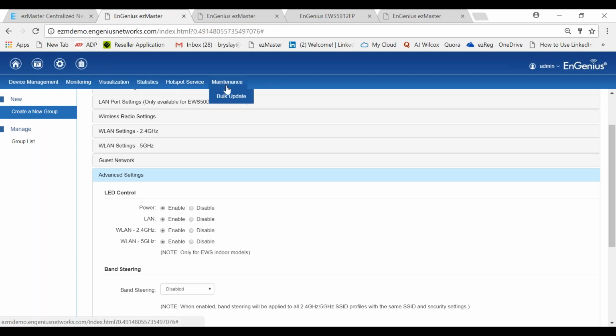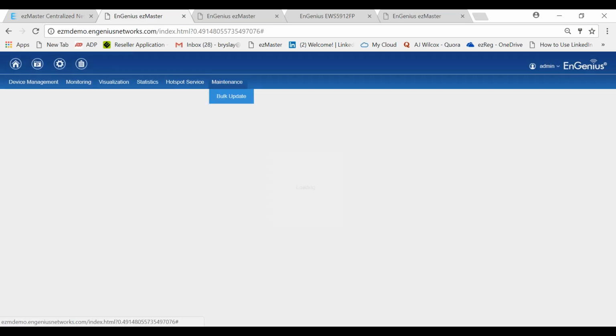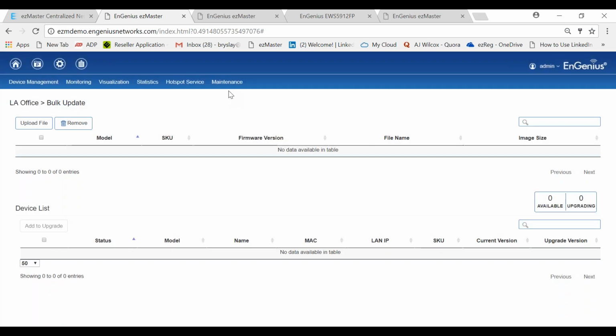Go to maintenance, then bulk update. Bulk update allows you to load a firmware update from EnGenius specifically on a switch or a particular access point.